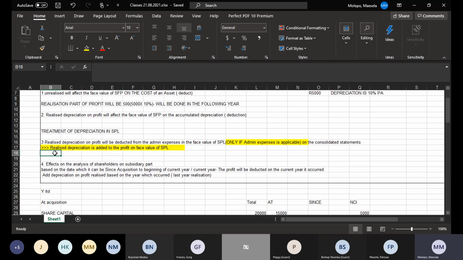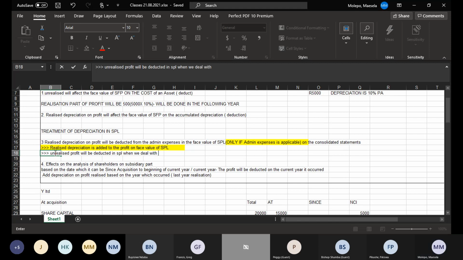So I can edit here. Unrealized profit will be deducted in SPL when we deal with individual. So suppose when we were drafting the statement of profit and loss for L Limited alone, since we have an unrealized profit of 50,000, this 50,000 needs to be deducted in the particular year that they will be tackling